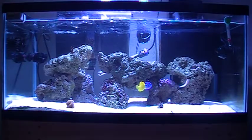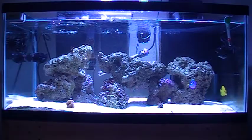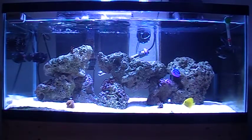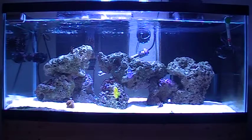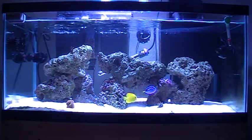their health really started to increase, and that was evident in coloration and polyp extension of the torch coral. You could just tell just by looking at the coral that they were happy. I wish I would have got a video of that for you guys before I got rid of them, because they were